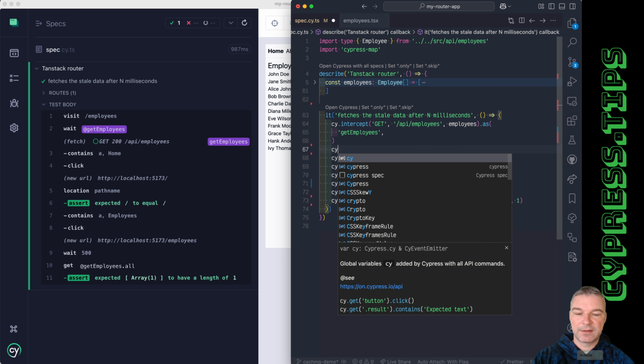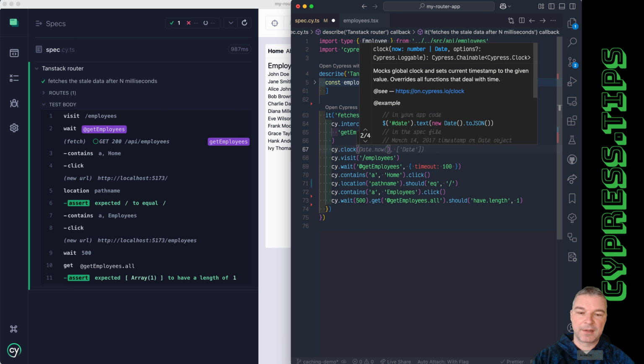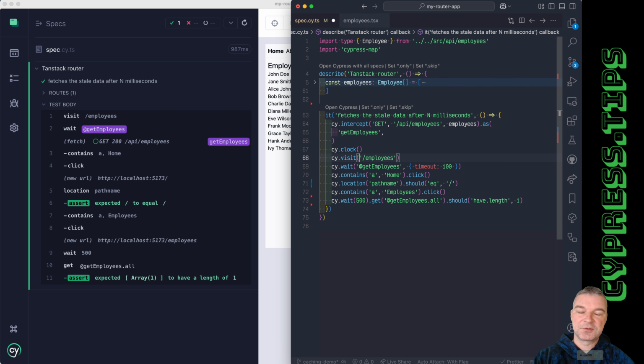And the way to do that is to use the cy.clock command. Okay, and we're not interested in setting a custom date, nothing. We'll just say cy.clock and then visit the page, and this allows us to control the application clock and its timeouts and intervals. Okay, so once we confirm that the application doesn't refresh the data, after 500 milliseconds, this is where we can go